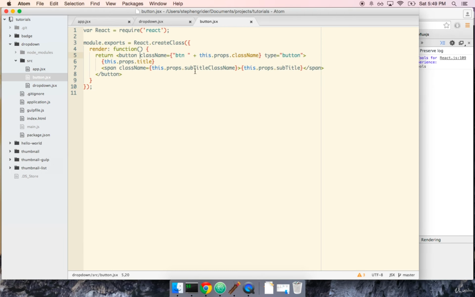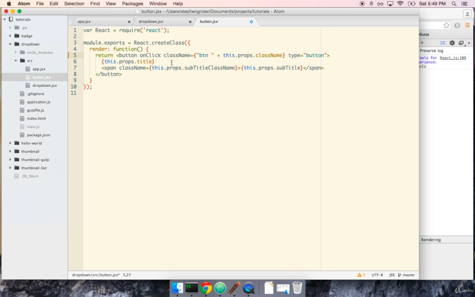In React, there are several on-type events that get triggered by default. They include things like onClick on an element, onFocus, onChange, etc. And they all work the same way that jQuery events work. You pass a function to an event handler, and whenever the user triggers that event, the function will get called. So as a very quick example here, I can say on clicking this button right here,